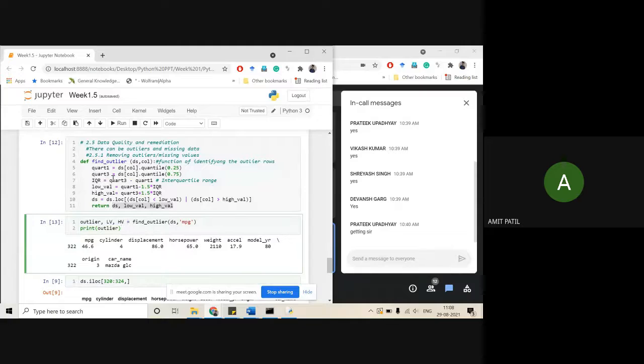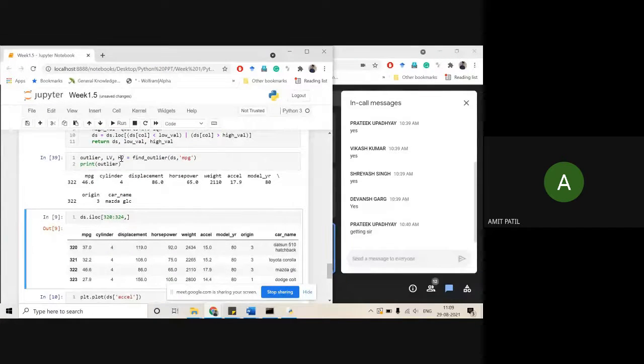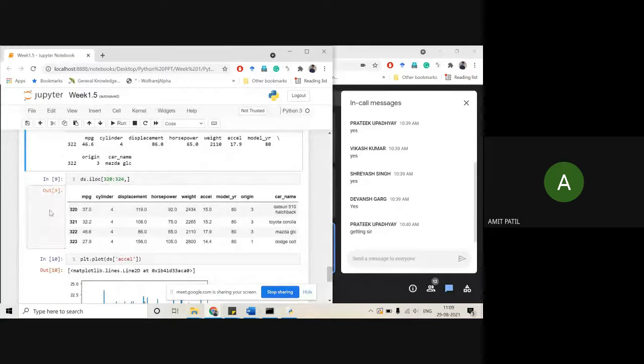Okay, so if we just run this, again you can see that the output is here. It's the same as earlier.